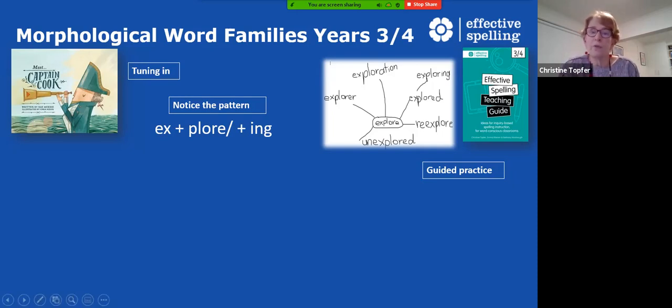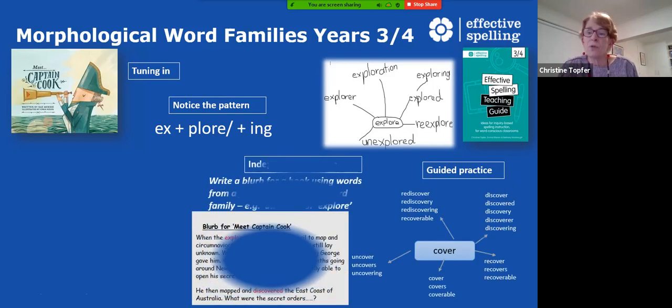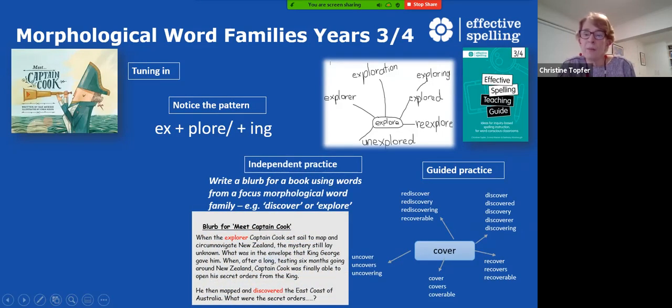around morphological word families. And so in guided practice, they may make a word web again, and have discovered with the word discover that they have realised that DIS is acting as a prefix. They might have to think about what other words they know where DIS acts as a prefix, because they could go, oh, well, actually, I think the base is over,